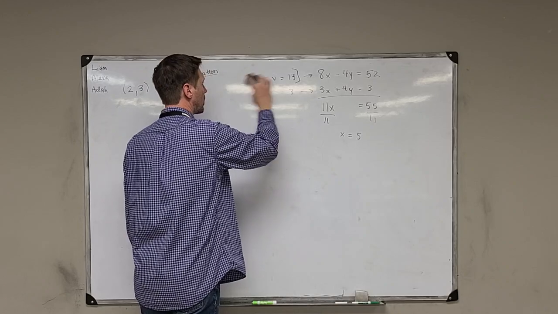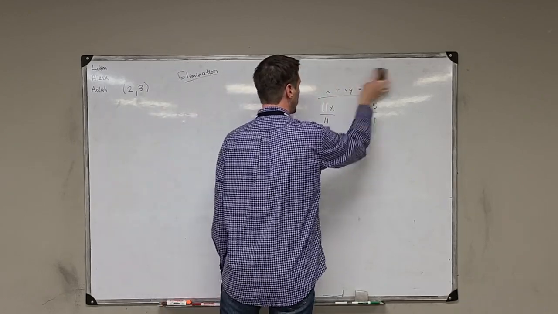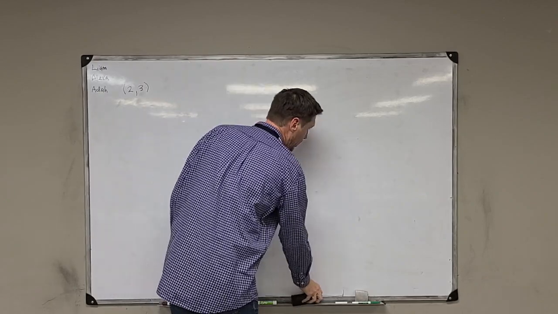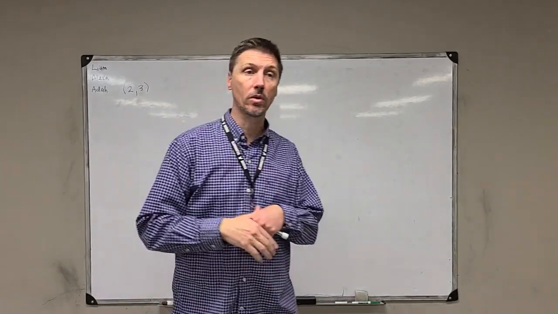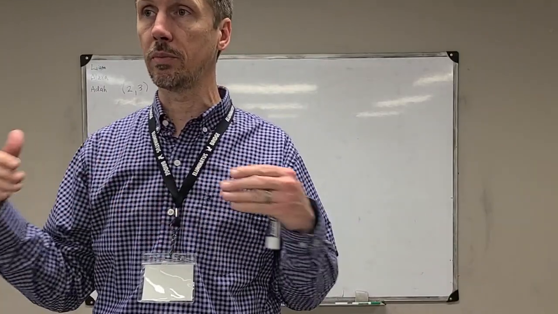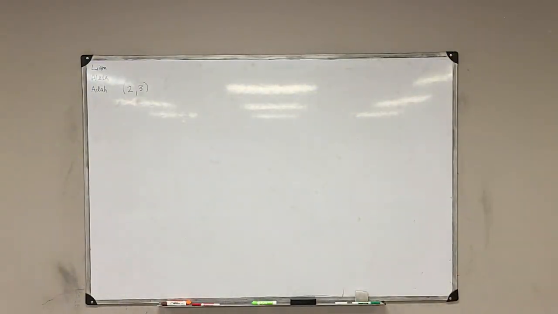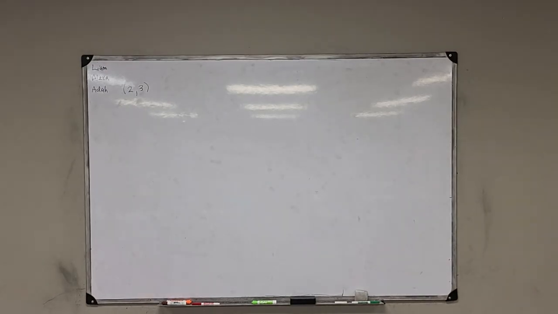So I'm going to give you an opportunity to work on those. Let me just say that sometimes when you're doing your examples, you have to multiply the top equation and the bottom equation by numbers so that you'll be able to eliminate. All right, and that's fine. It's the same process. You multiply both equations by a different number so that you can eliminate one of the variables. Let's do